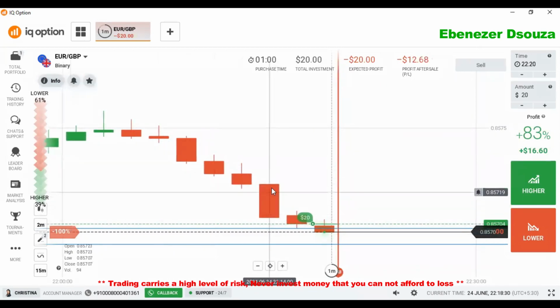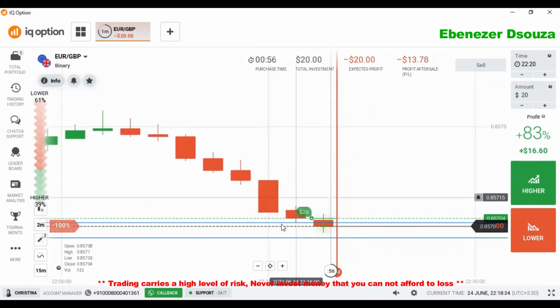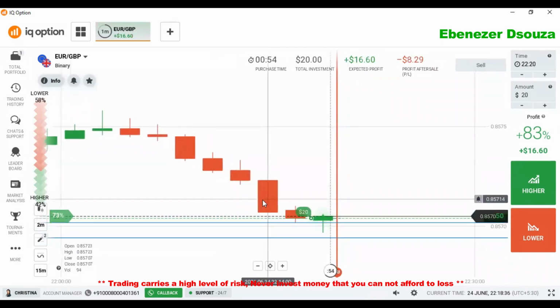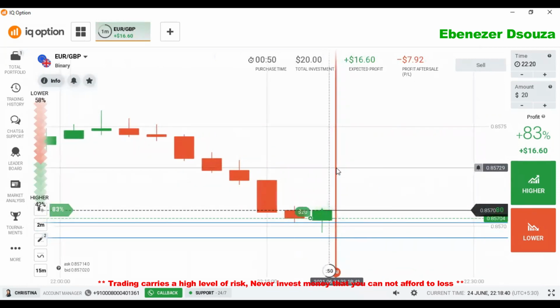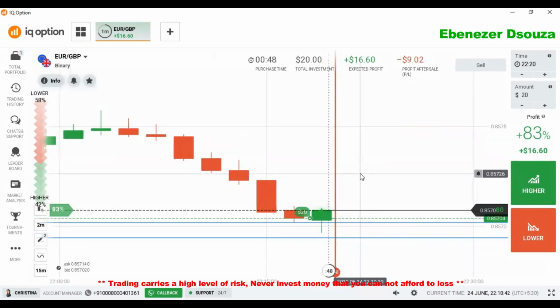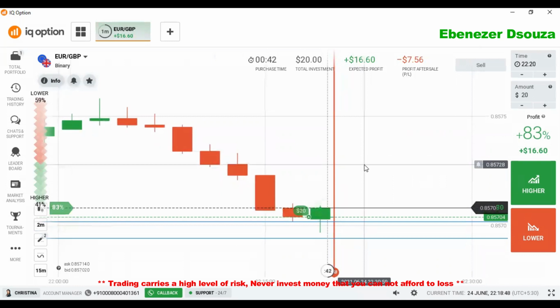At this point we are seeing a very strong candle, but here the sellers became very weak compared to the previous candle. It means buyers will try to enter at least for one candle. That's why I placed a higher option trade here, and I selected the 2-minute chart because if you select 2-minute